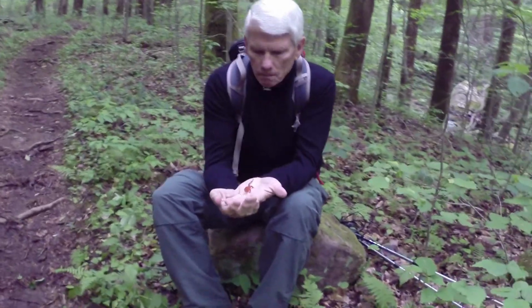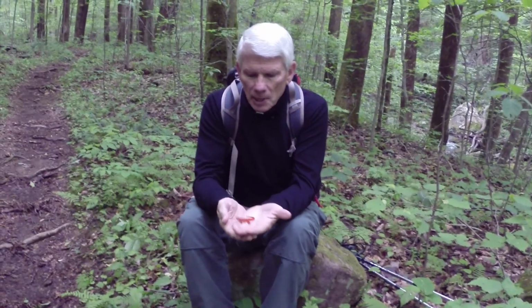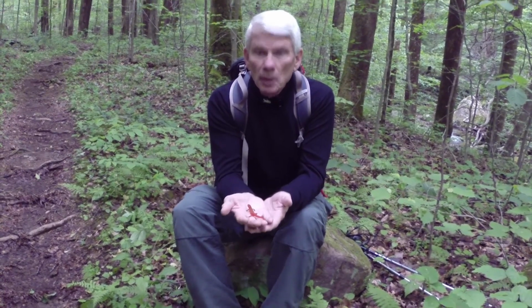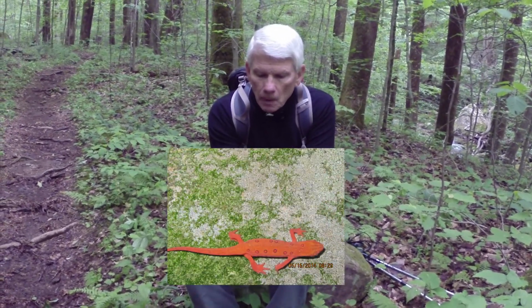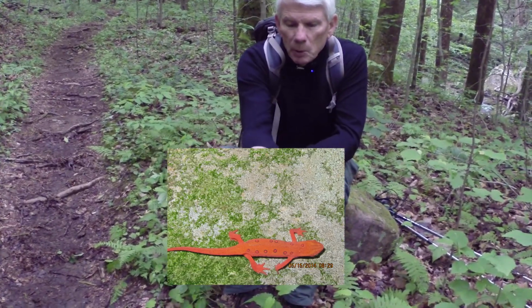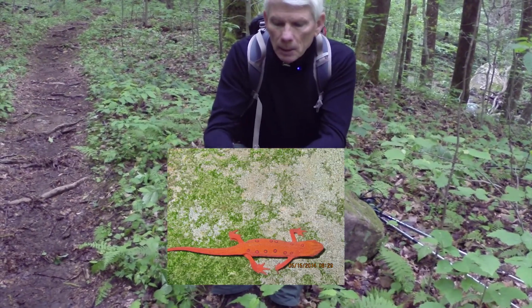We're walking through the dark forest today, early in the morning. Big rain yesterday, more rain to come this afternoon. A perfect time to find several animals like box turtles and this eastern red-spotted newt. And look at it. This animal, this beautiful, brightly colored salamander, was right out in the middle of an